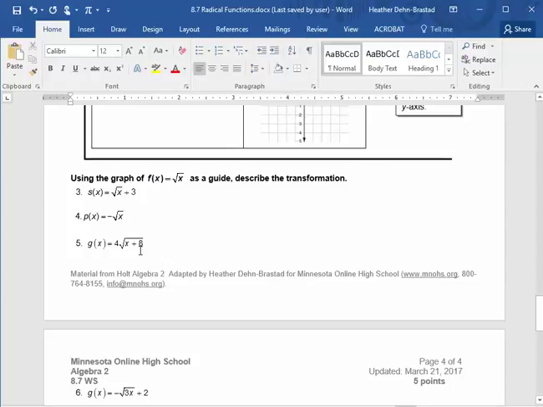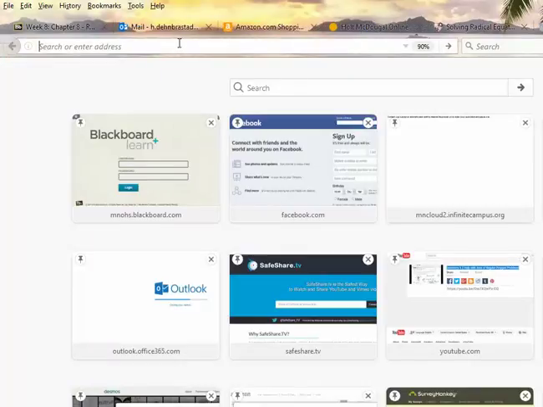What do you think will happen here? Now, we talked about adding the 8, but we didn't talk about what multiplying by 4 will do. So what kind of transformation didn't we talk about? We talked about translations, up, down, left, or right, and we talked about reflections, but we didn't talk about vertical stretches and horizontal stretches. So I'm going to go to Desmos.com,